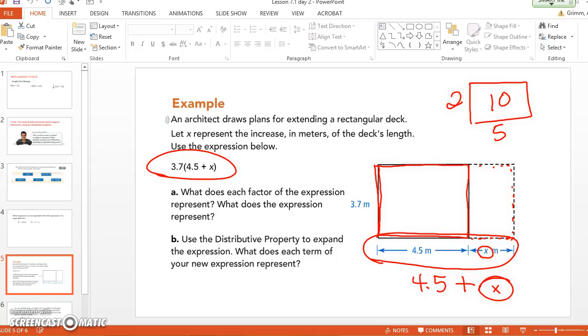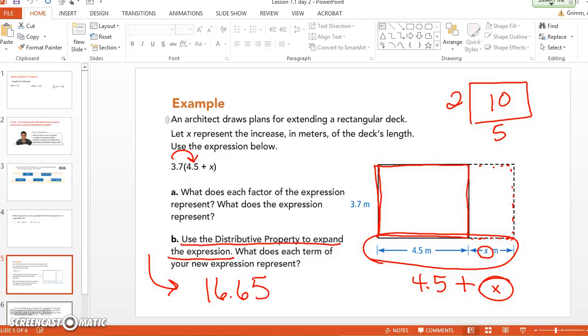Okay? All right, so now what your job is to do, I want you to start this next part. I want you to use the distributive property and expand it. So that's your job right now, and I will help you with the next part. Go. All right, so when we expand, we take 3.7 times 4.5. Is that 16.65? Am I right? Okay. We keep the sign plus, and then 3.7 times x is